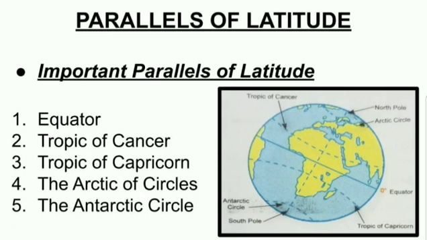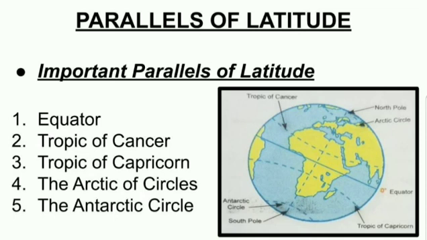The distance between two parallels is equal. Take, for example, a 10 degree north latitude and a 20 degree north latitude: the distance between those two, wherever you go, will remain the same. All parallels are small circles, whereas the equator is the largest circle, which is called the 0 degree equator, and the poles are just points. So these are the characteristics of parallels of latitude.